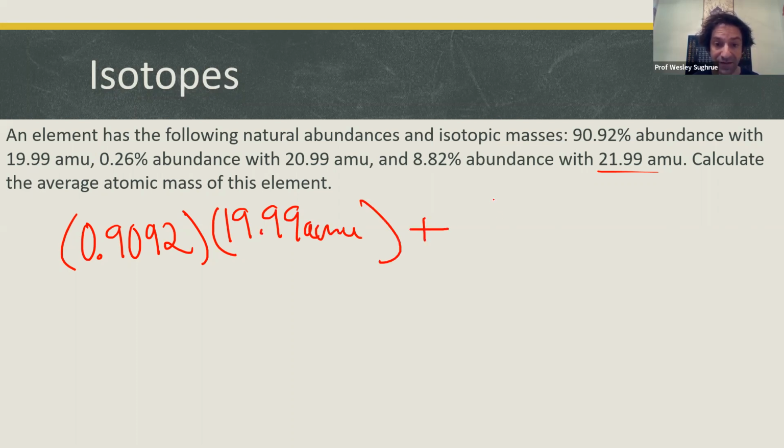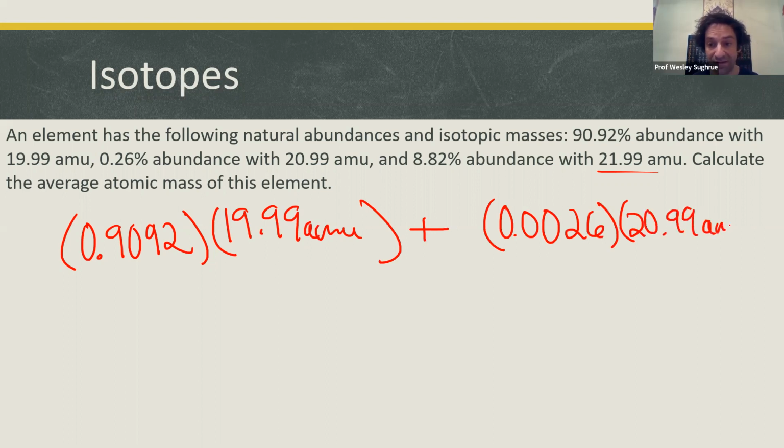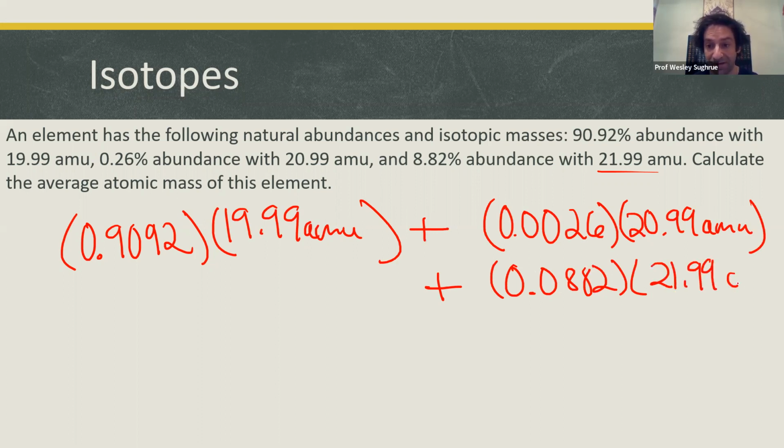Then we add to that the second abundance converted to a decimal, quite small, 0.0026 times 20.99 AMU. And finally add to that the third abundance converted to a decimal, 0.0882 multiplied by the mass, 21.99 AMU. Plug that into your calculator and you'll find that the value is